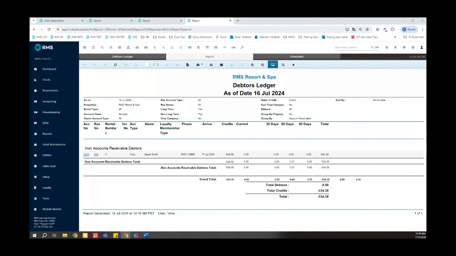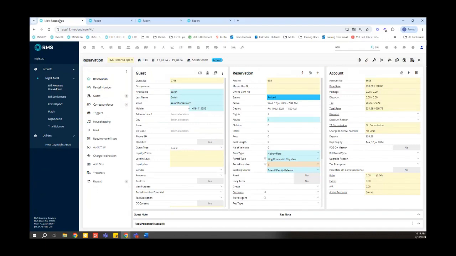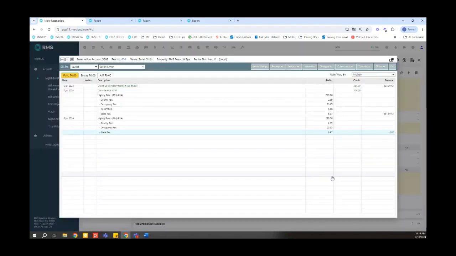All right. So if you would for me, Dan, we're going to go ahead and jump back over to that reservation we had, it's reservation number 638. And if you would, let's open up that reservation account or folio as it's called here in our database. All right. So on the 17th of July, we checked this reservation in. And the rule is the remaining balance is due upon arrival. So what was done is the payment was processed $334.39 in cash on the 17th prior to the reservation checking